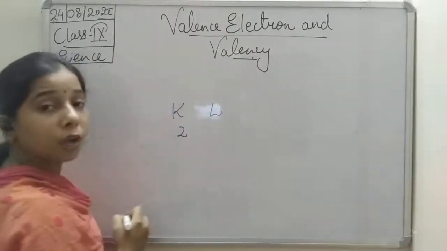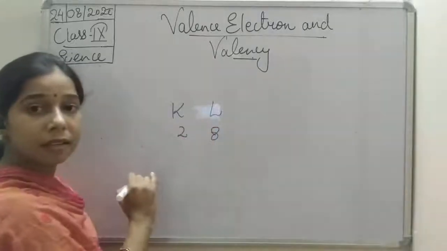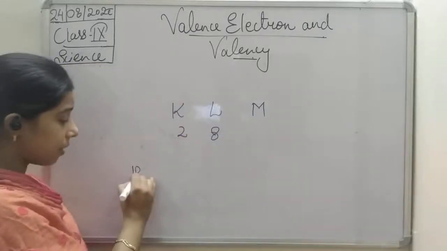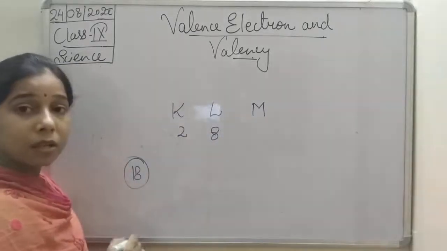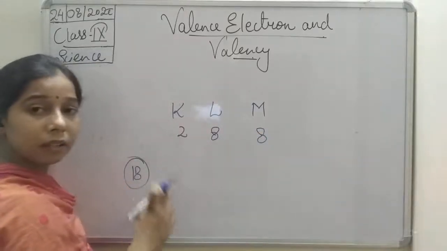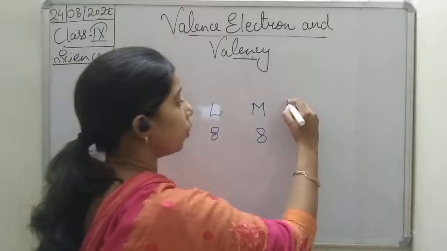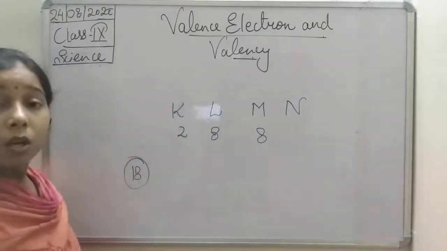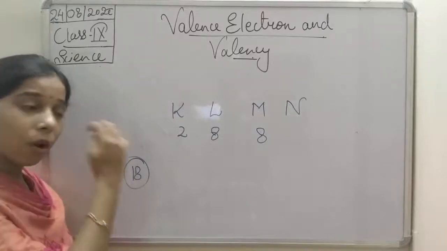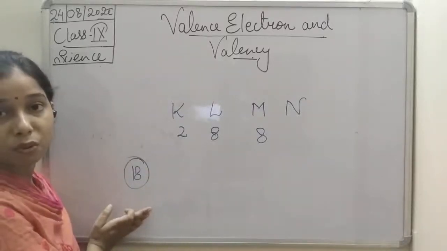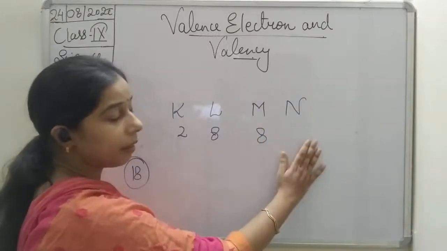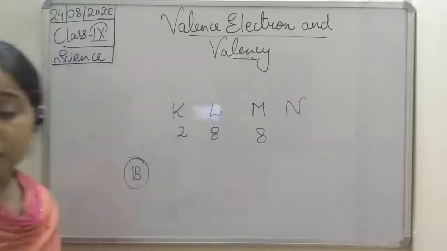Okay, so we discussed that K shell can accommodate 2 electrons, L shell can accommodate 8 electrons in it, and the M shell, although it can accommodate 18 electrons, students, after 8 electrons the other electrons will start entering into the N shell. Now, what is the reason why the electrons, after 8 electrons, start entering into the N shell, like we have seen in the potassium.